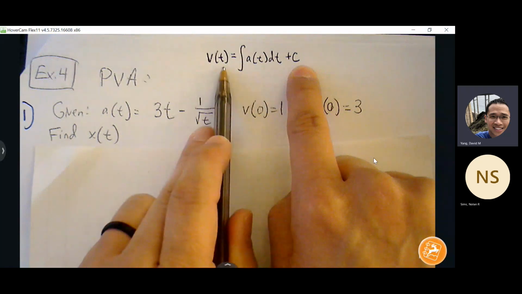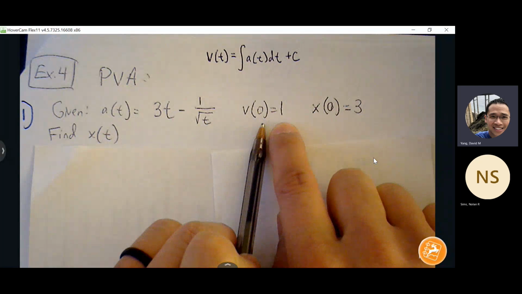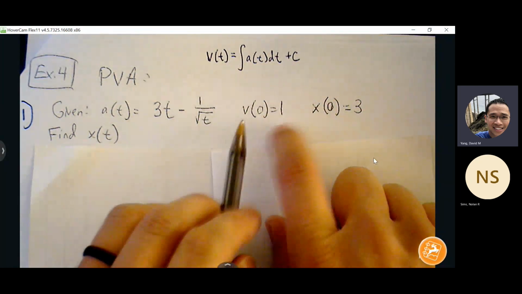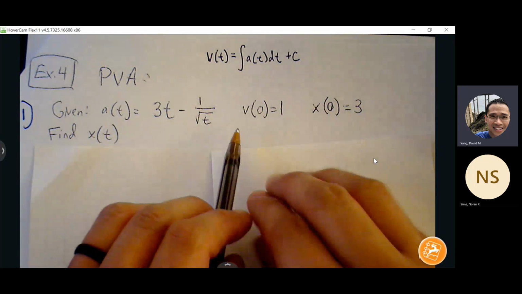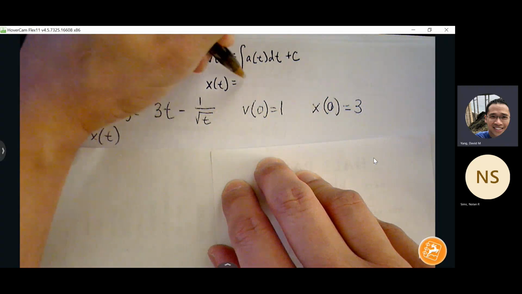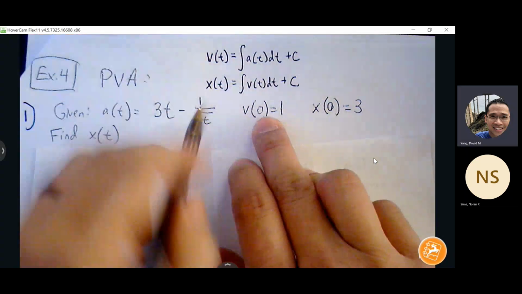That'll lead me up to velocity. Okay. And then I could take the ordered pair, plug in at the velocity level and solve for C. And I can repeat the process again from velocity to position. Position is the antiderivative of velocity. And that'll bring me up to,